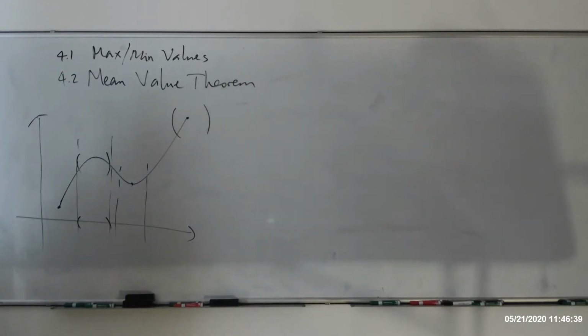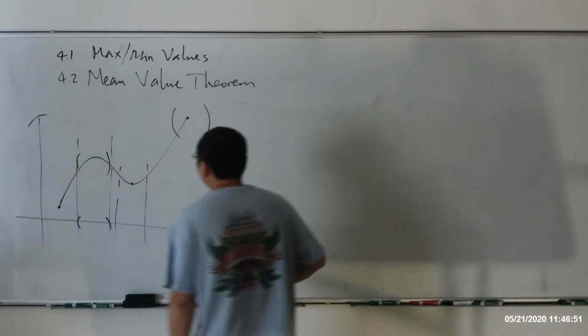This is the endpoint. Unless you define, using topology, a half-open interval at the endpoint as still an open set, but that's for a later story. For now, with real numbers, this is not an open interval. Okay, so